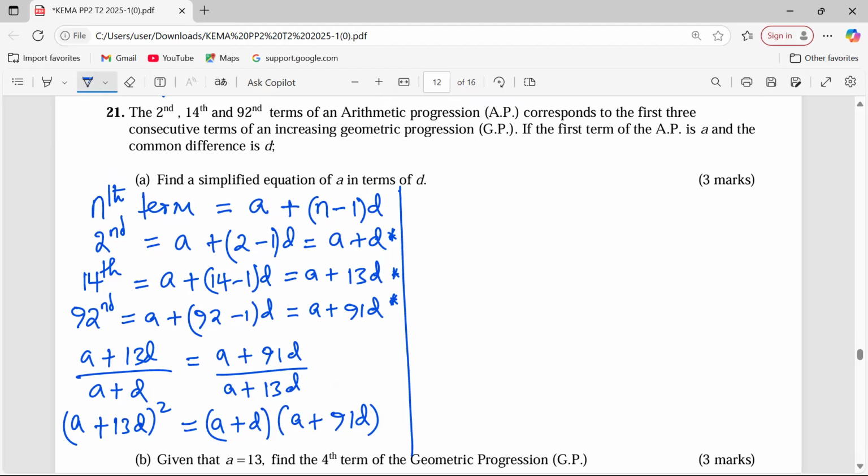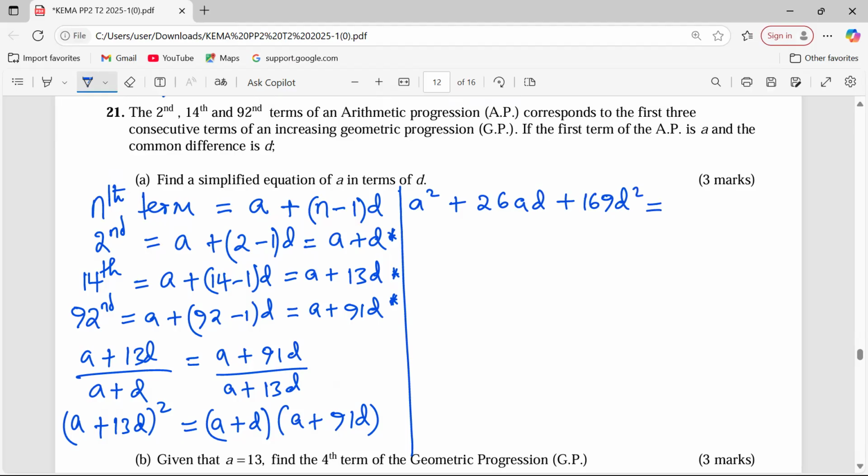We are going to get a squared plus 26ad plus 13 squared, which is 169d squared. So this is the same as, on the right hand side,